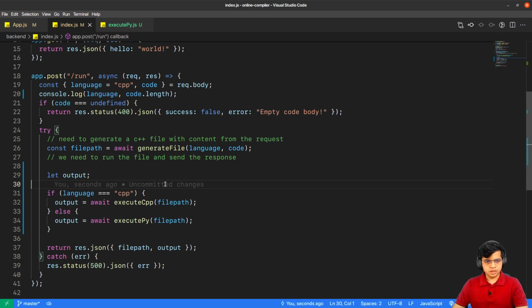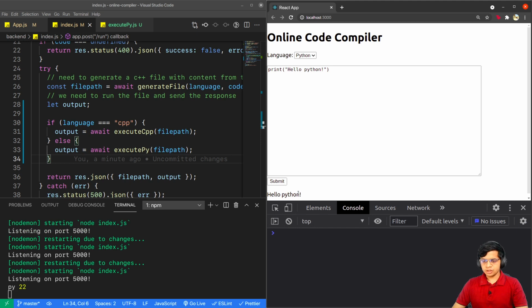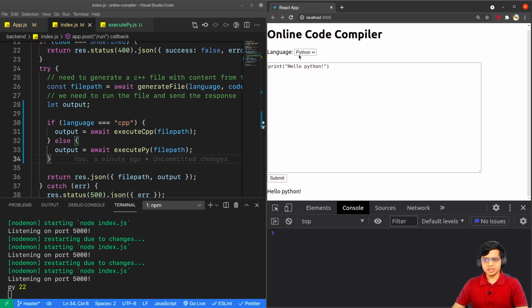So this is done. I'll try to submit a Python code from this. So I'll say hello Python, and let's see what output we get. We click submit and we get hello Python.